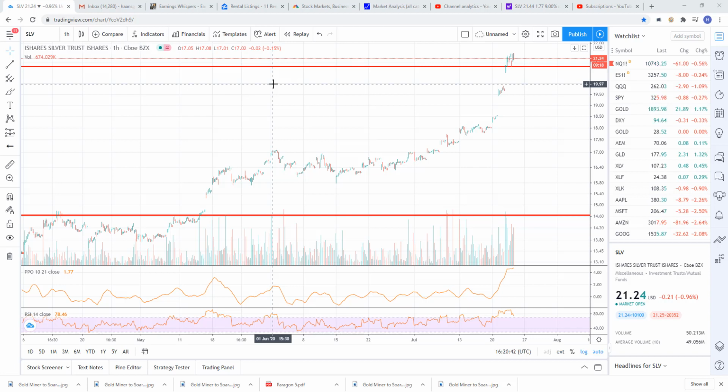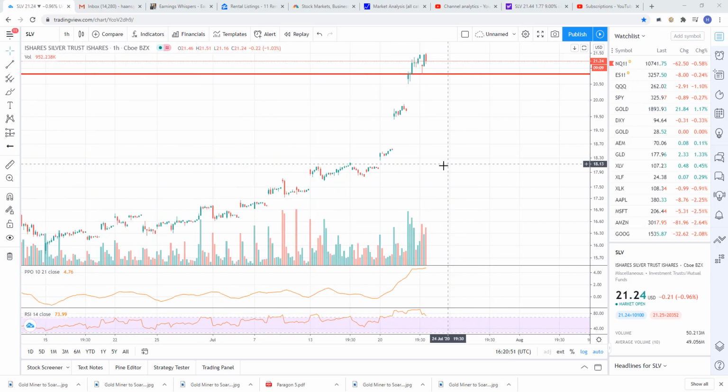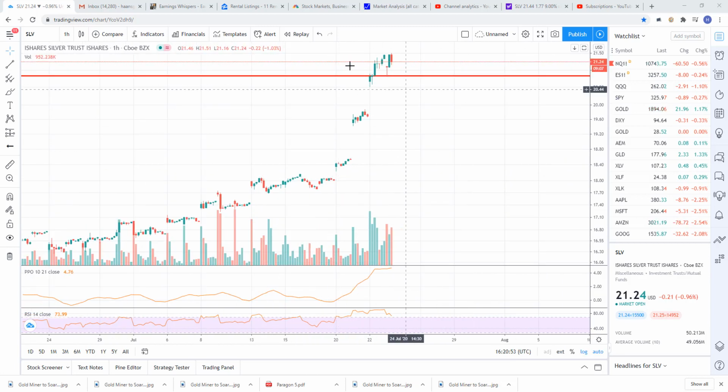So I prefer gold. It tends to trend better, where silver tends to explode exponentially and catch a lot of retail traders jumping on the momentum. Here's silver though. We're going to have to watch this.